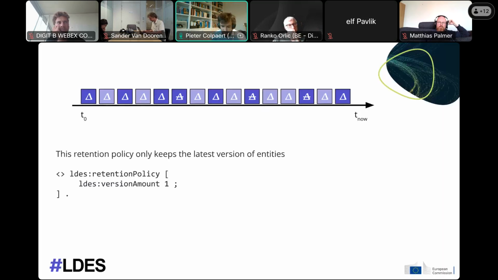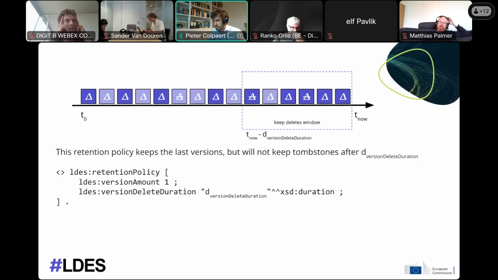The version-based retention policies are basically saying, not based on duration in this case, but it's just the fact that I want to keep the last version of an entity, basically. So you basically just indicate that using one property. Then you could also indicate using version delete durations that you want to remove the old removals of it, which is a use case in DKTP feeds, for example, in which you